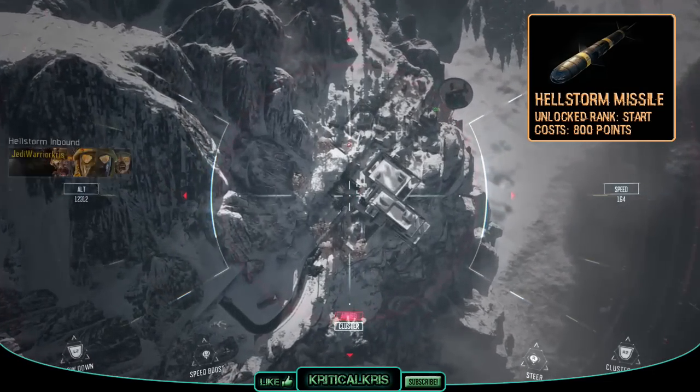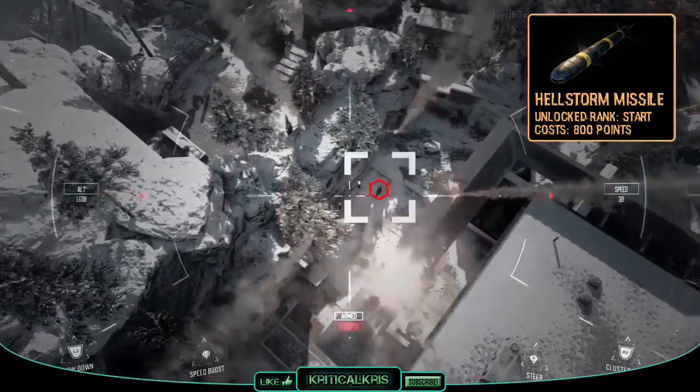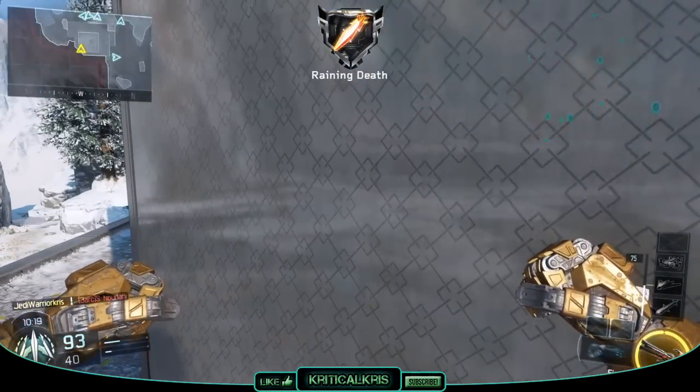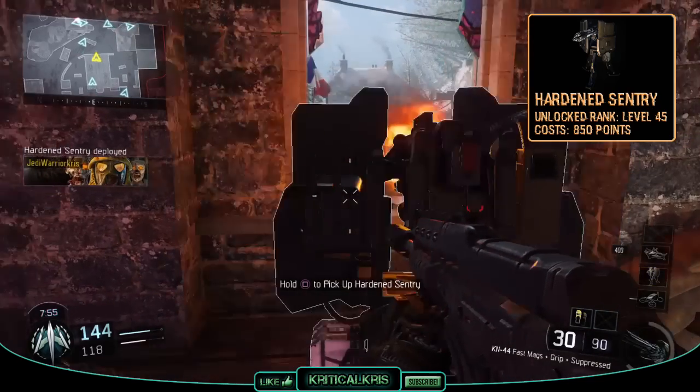Hellstorm missiles make a great choice for blasting away gangs of enemies taking over objective points in different game modes, and are best saved for times when you know there's going to be a lot of targets in a specific area. The Hardened Sentry is a placeable heavy gun that locks onto targets and kills anything that runs out in